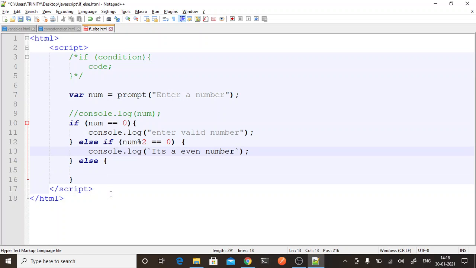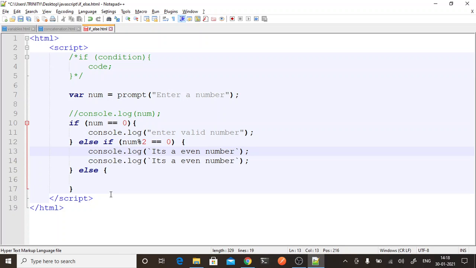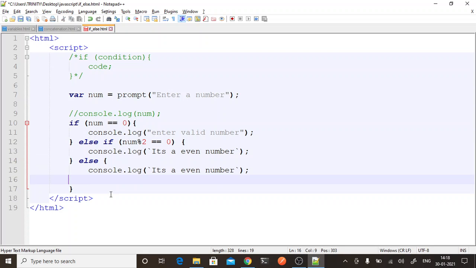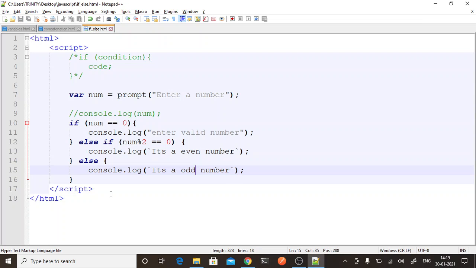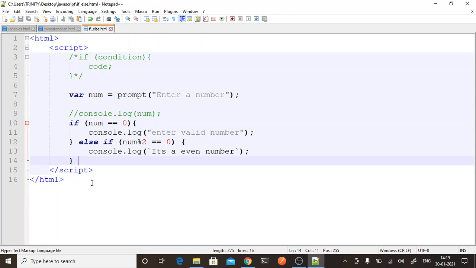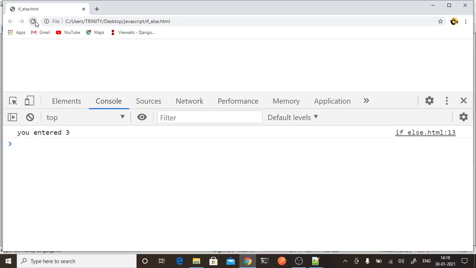You can directly say it is an odd number. Correct? So let's check if that is working.